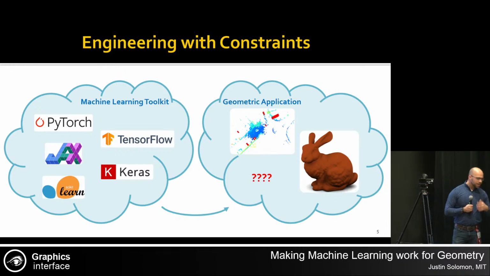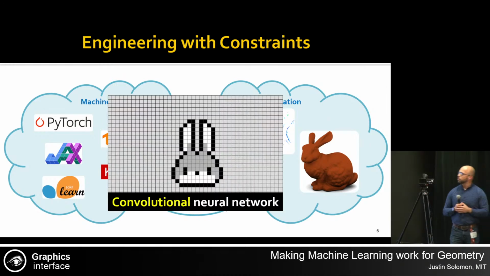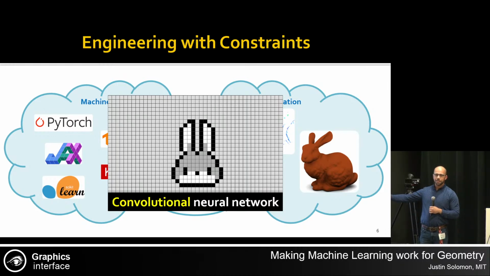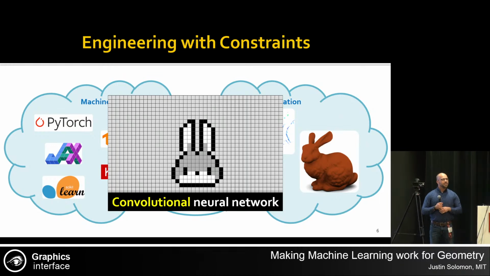In particular, when it comes to visual computing, I think the typical machine learning architecture that we're all familiar with is the convolutional neural network. And the key word here is convolution, right? So a convolutional neural network is used to process photographs, or I tried to take the closest projection of the Stanford bunny onto an image grid here. But the reality is that this isn't a great way to communicate a shape.